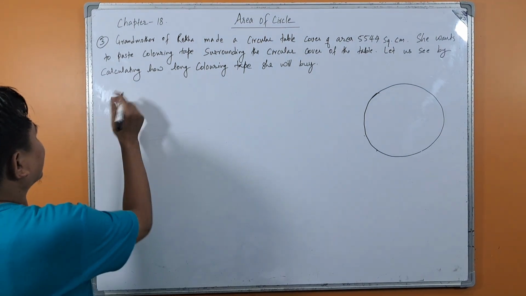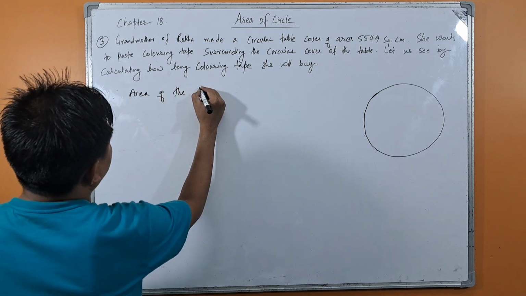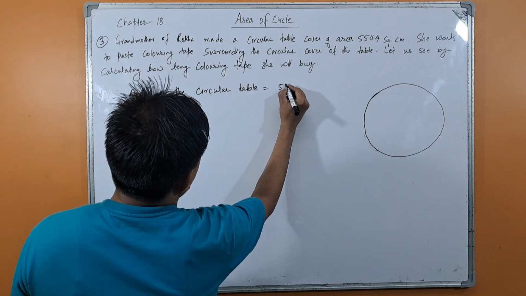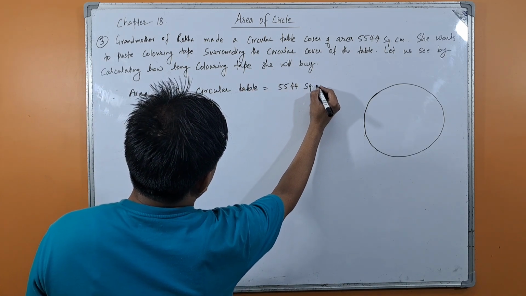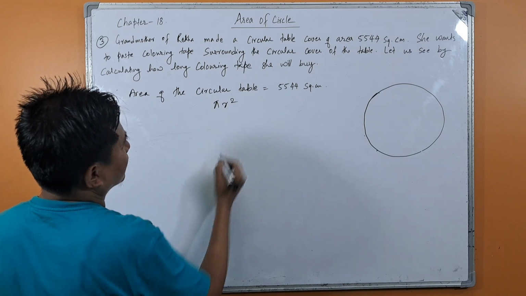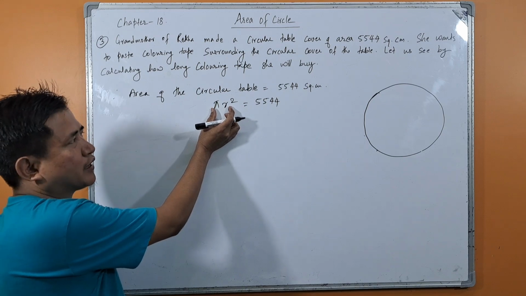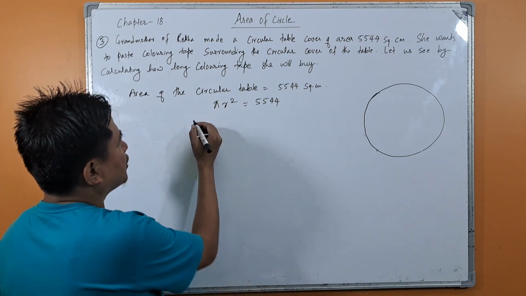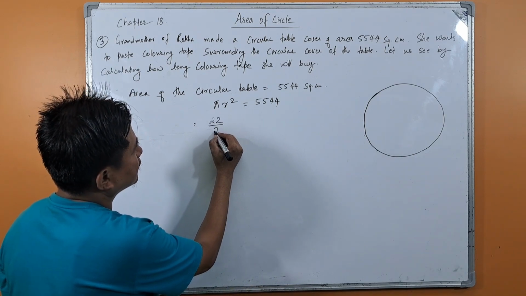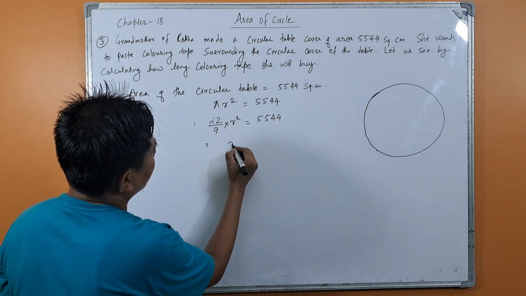First let us write the area. Since area of the circular table is given, 5544 square centimeter. This is given to us. So what is the formula for area? Pi r square equal to 5544, isn't it? Area means pi r square and area is 5544. So from here we will find the radius of the circular table. Okay, pi is 22 by 7 into r square equal to 5544, or r square equal to